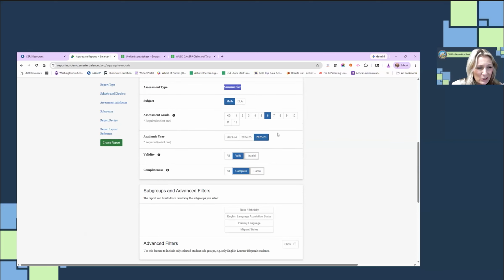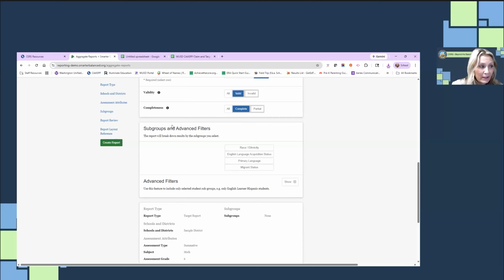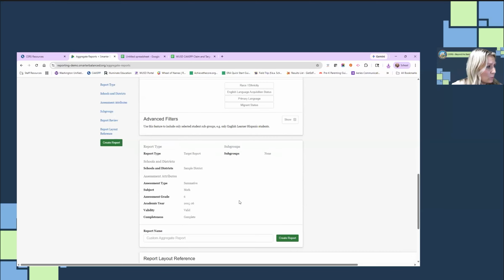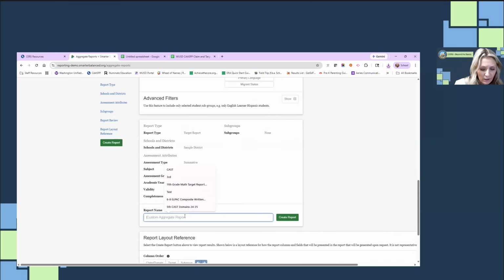Again, this is fictitious, so we don't have summative results yet, but it will still generate for me. I can put subgroups and advanced filters. I'm not going to for the nature of this report. I can review here, and I'm just going to go ahead and give it 6 math target as a name